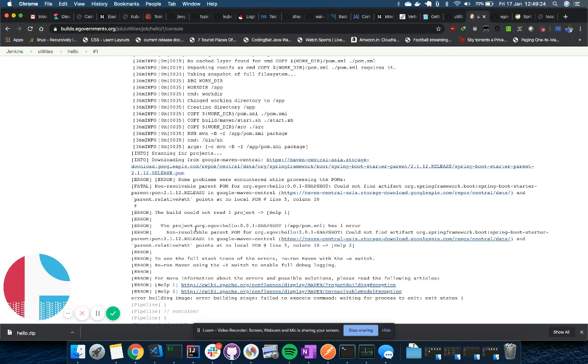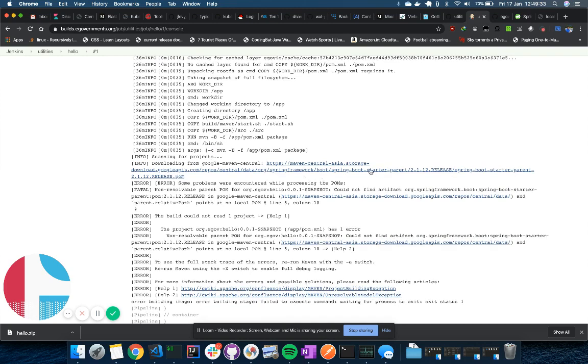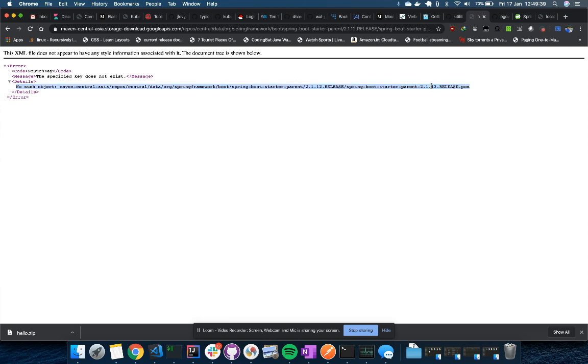So here there is an error which says it was not able to resolve one of the Spring Boot parents, right? So we were using, I think, 2.1.2, but this does not exist in the Google Maven repo, the Maven Central that we use.